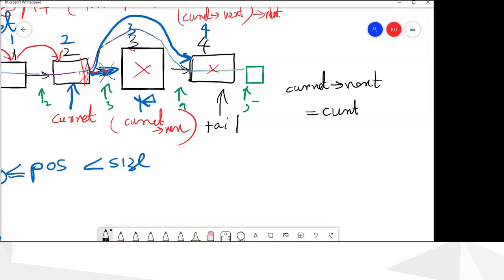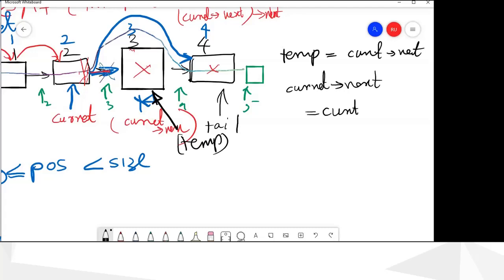So before that one, first we have to remember this node in a temp pointer. Otherwise, so temp equals current next, because otherwise when you delete this one or when you change this one to here, you will not have access to this node, because once you have changed this node pointer from here to here, you will lose the access to this node.